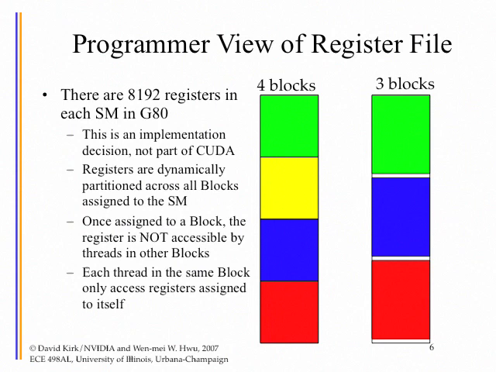And each thread in the same block only accesses registers assigned to itself. So you will have, let's say, 256 threads in a block. So every thread will have its own little partition in the register file, and nobody else will be